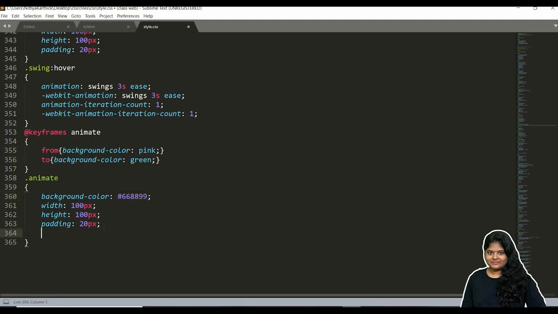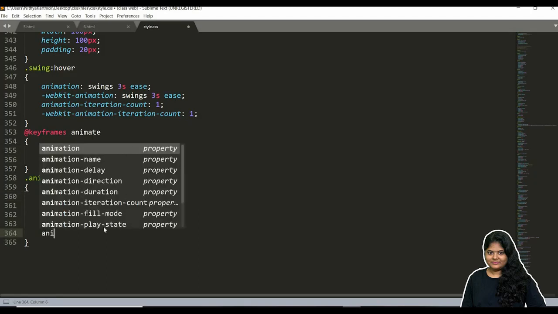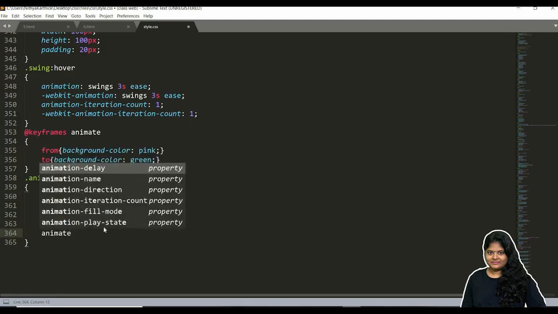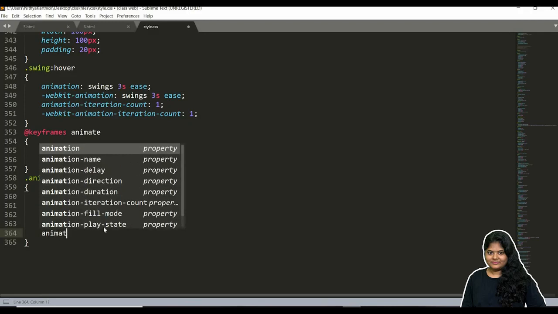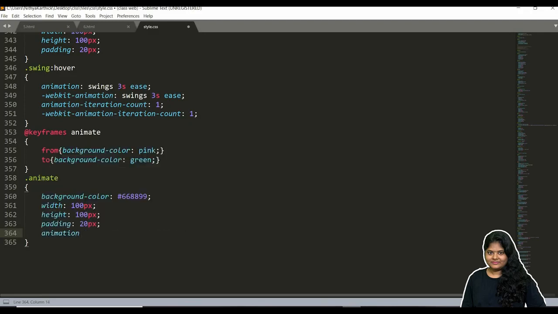So initially we have some other color, but we're going to change from to. Okay, then we want to give animation, or we can use animation name. So here we use simply animation and given the name and seconds and the transition effect. Here I'm going to split it out, animation as an animation name, right?